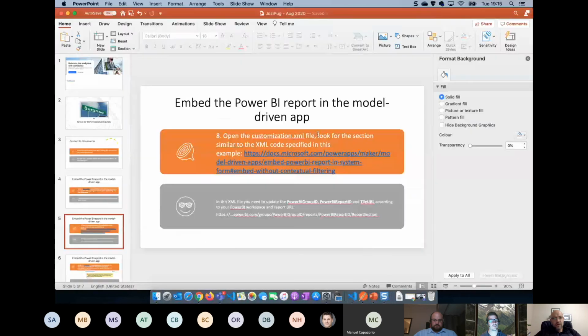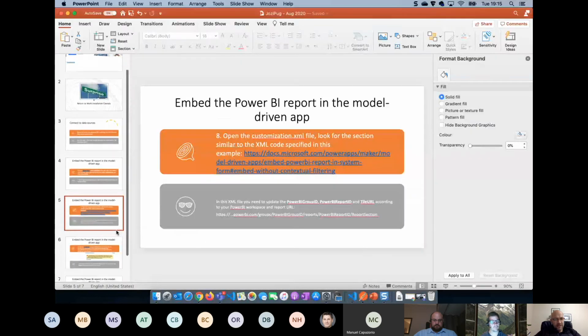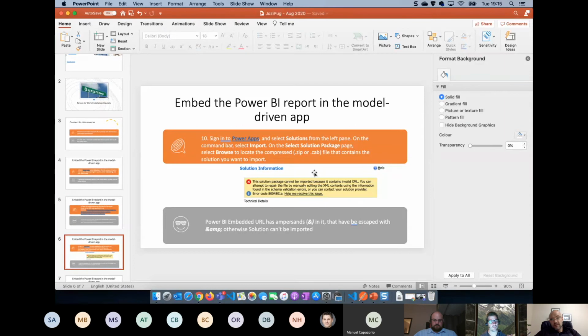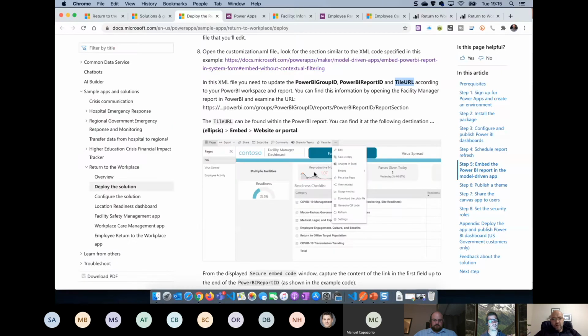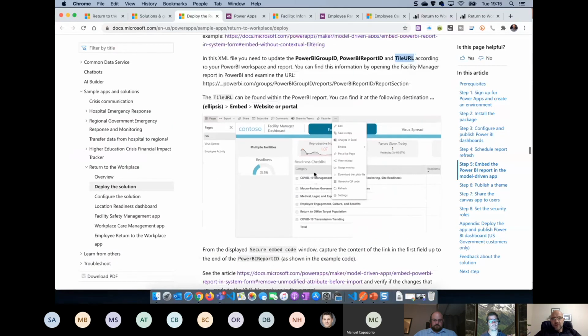I think the next one might catch you if you're not familiar with XML. Essentially, they tell you to copy the URL from the Power BI report. And Michael, I don't know if you guys had this issue as well, where in that URL there are ampersands, and that is a special character in XML.